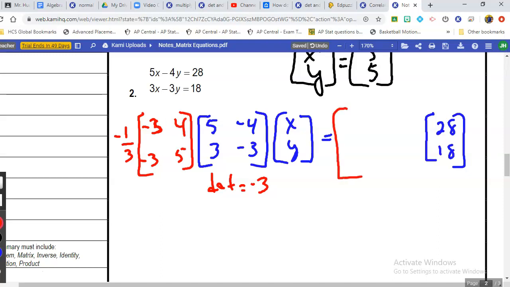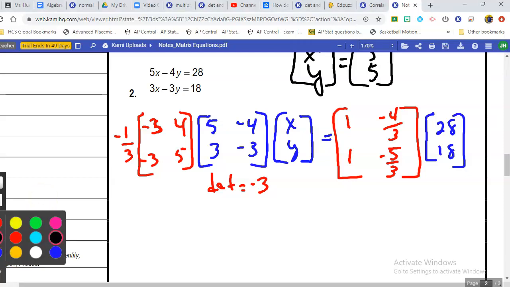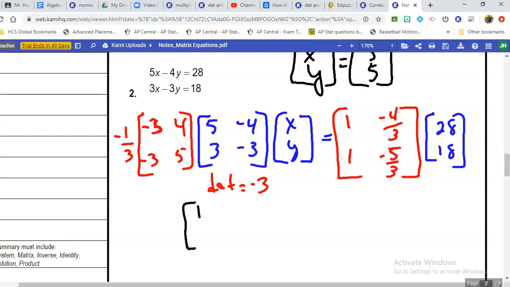So coming over here, I'll multiply the negative 1/3 through for the sake of making it a little simpler. This is going to be positive 1. This would be negative 4/3. This is going to be positive 1 again, and negative 5/3. Okay, so we're going to get into multiplying this out now. So when we multiply this on the bottom, we're going to get the identity matrix on the left side times x, y is equal to